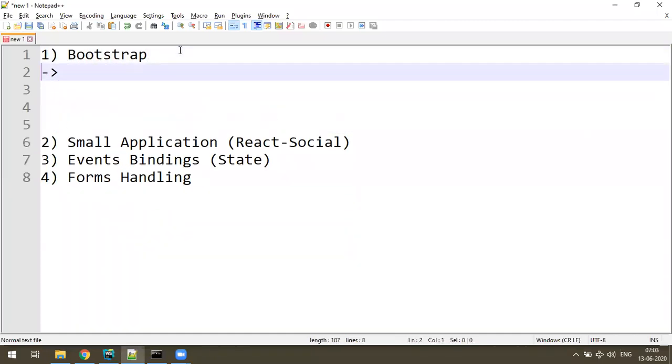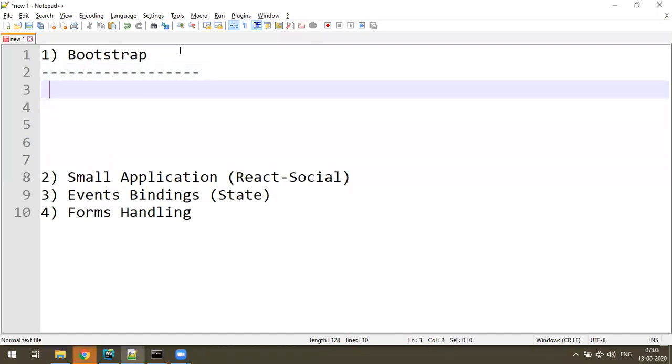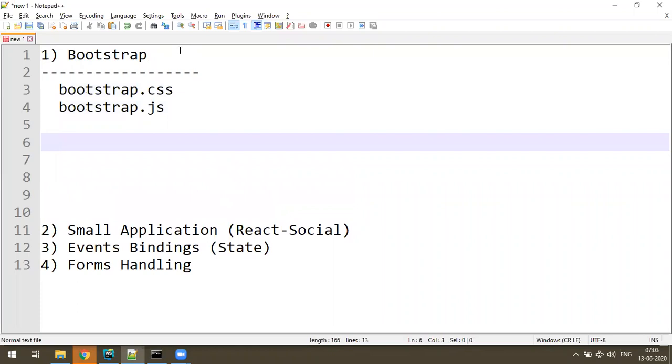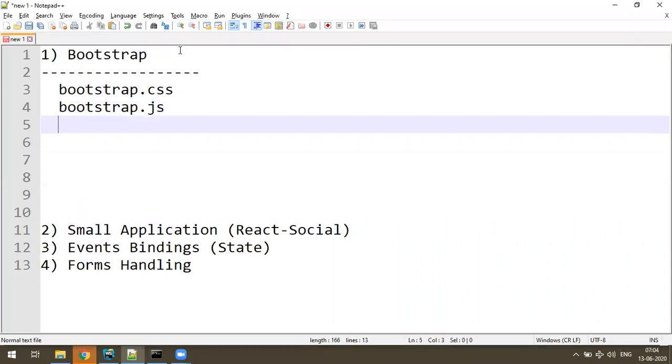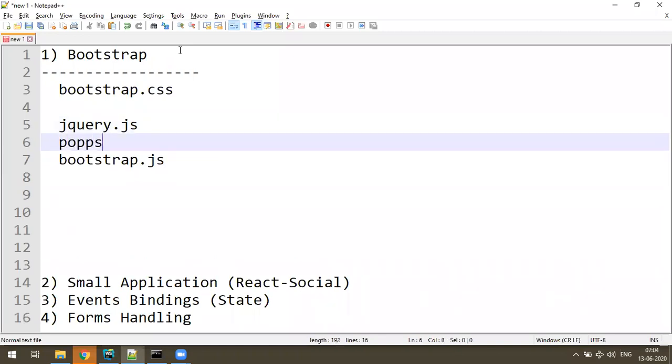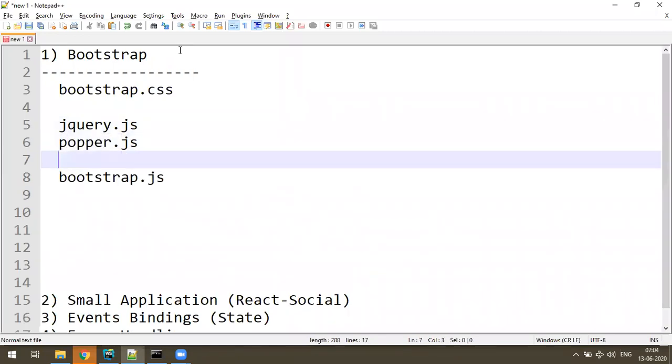what is required? We need a set of files to start with Bootstrap. I hope you might know this, right? For Bootstrap, we need a set of files: one is bootstrap.css, and bootstrap.js is required, and also some JS files. jQuery.js is required, and popper.js is required, and bootstrap.js.